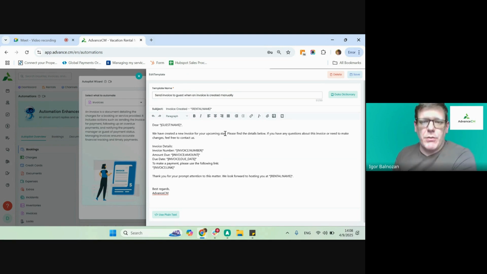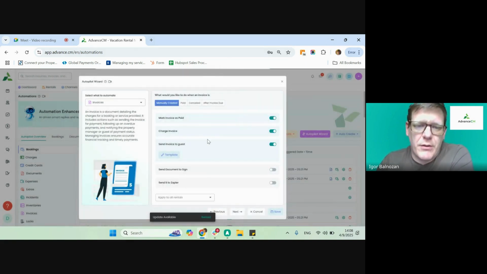You can change the wording or whatever you don't like on this, and the system will also automatically send your invoice link. So everything is done by the system. The only thing that you need to do is to create the booking on the calendar itself manually. So if I click save, right, or I can just close it out, I also have the option to send